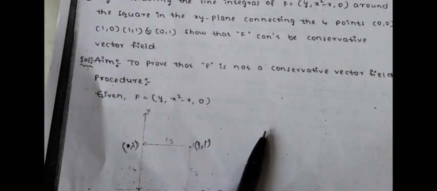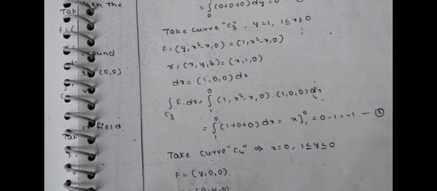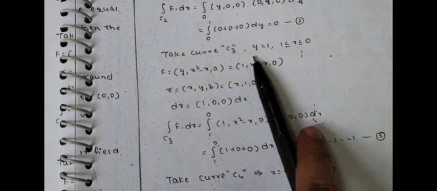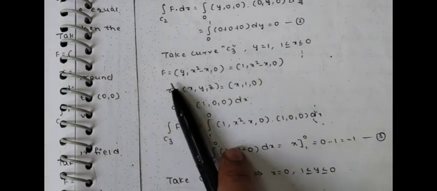Observe C3. What is the direction here? Here we are going like this, right? Now observe in this direction what the limits are. Here, 1 to 0. What are the x limits here? 1 to 0. So for C3 the limits are 1 to 0, not 0 to 1. When you take 0 to 1, you have to apply a minus. So here 1 to 0 are the limits, and the equation is y equals 1. For C3, y equals 1 is the equation and the x limits are from 1 to 0. Again you have to write 1 to 0, and what is F here?